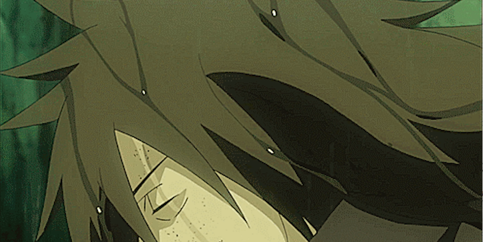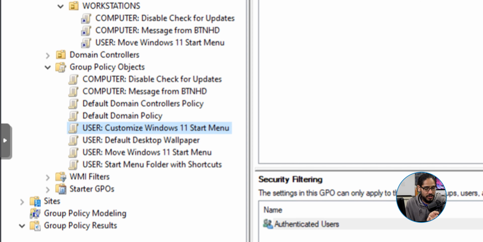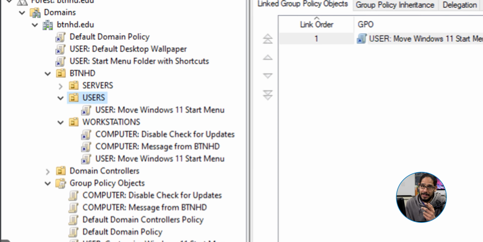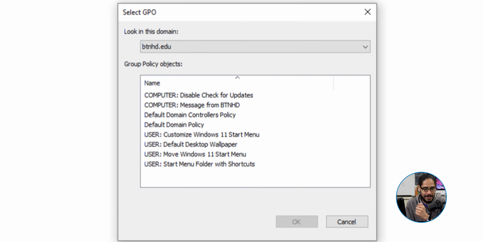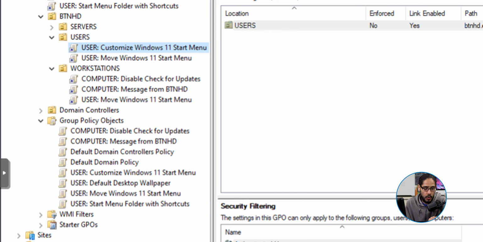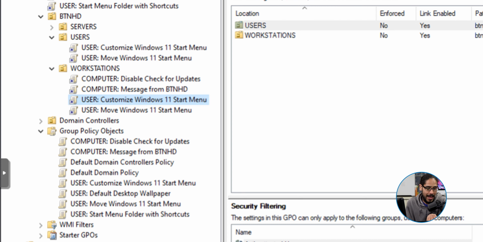Now, like I said before, I made a boo-boo, and the boo-boo is, one, I named it wrong during my testing phase, and just got to make sure that this group policy is being pushed out to a computer organizational unit as well as a user organizational unit. So I actually applied this GPO to my user. I selected my user OU, I right-clicked on it, and I selected link an existing GPO, and I selected our new GPO. Clicked OK. And like I said before, this group policy does tackle the computer section. So I selected my workstation's organizational unit and I basically applied that GPO to this organizational unit.